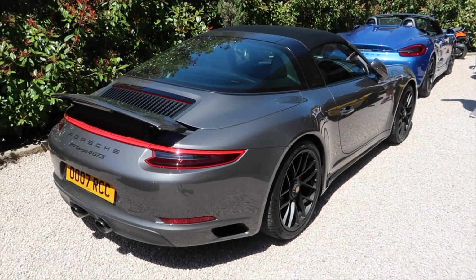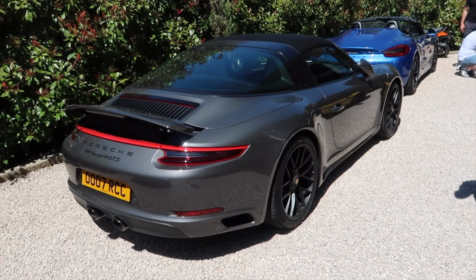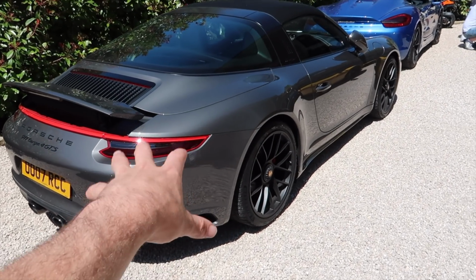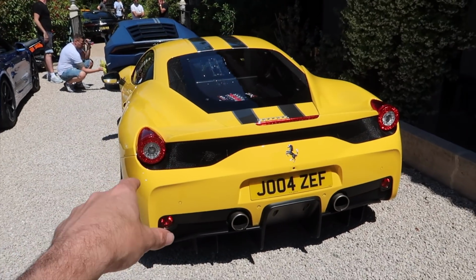There's more cars here. There's a very Porsche themed trip actually. I think people are realizing that Porsche just make the best cars. Arguably, argue in the comments. So we've got a Targa 4 GTS there, probably one of the best cars on the trip for this journey. We have a Speciale here with...